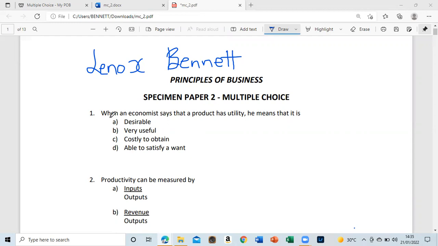All right, so number one says, when economists say that a product has utility, it means that it is A, desirable, B, used or useful, C, costly to obtain, D, able to satisfy a want, and that would be B,